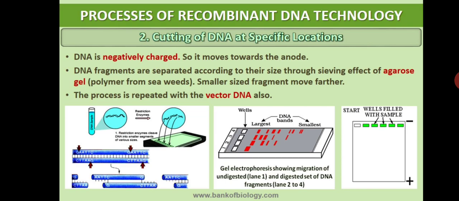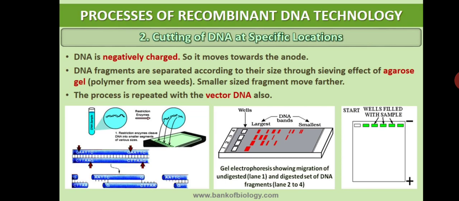Here, the next process you have to carry out is that the separated DNA fragments are observed only after staining with a compound called ethidium bromide. Getting the point? Separated DNA fragments are visible to our eyes only when you put the stain called ethidium bromide and expose them to UV radiation.